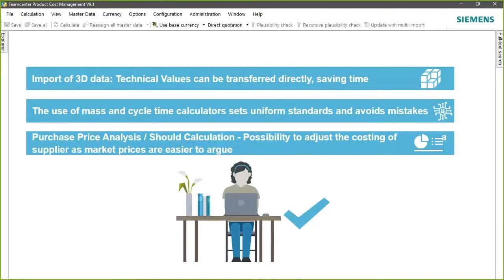The use of the cycle time calculators and mass material calculators sets uniform standards and avoids mistakes from the users. And this purchase price analysis gives you the possibility to adjust the costing for the supplier and makes market prices easy to argue in a transparent way, based on standard prices. So all this reference data enables these brownfield calculations, which enable savings from 5% to 16% on some parts